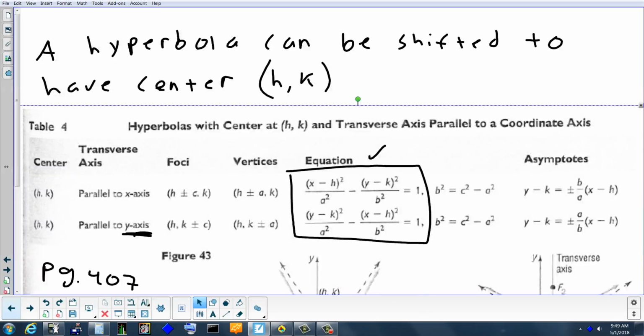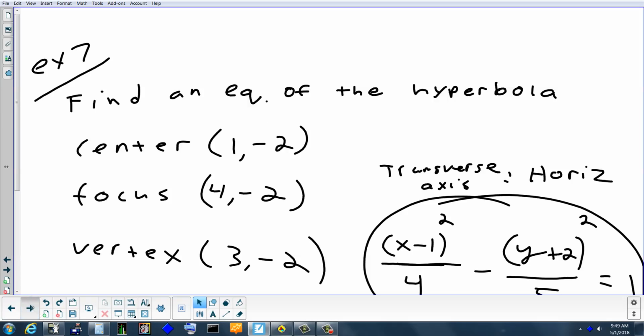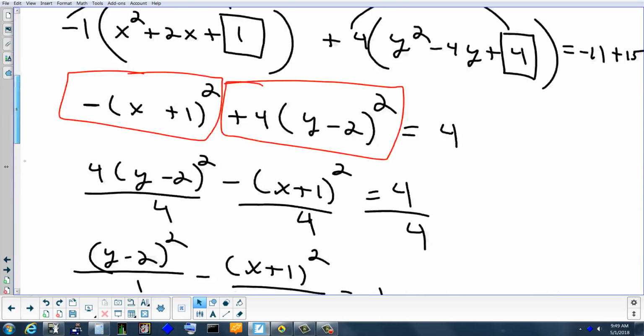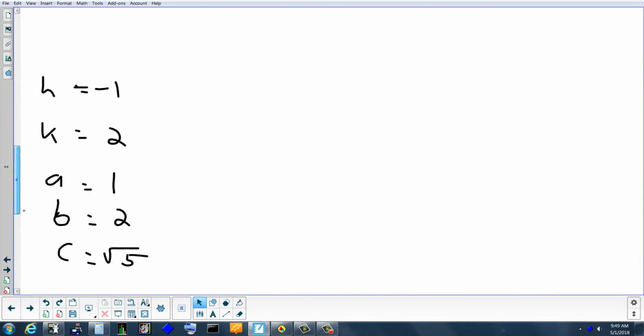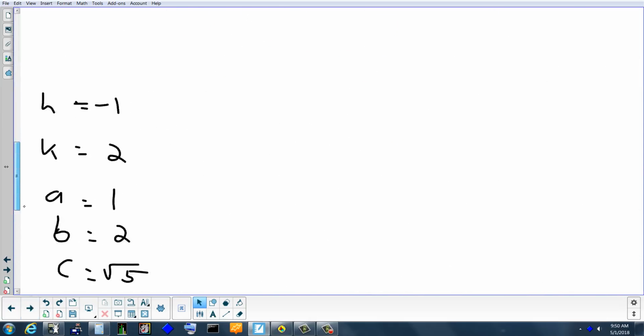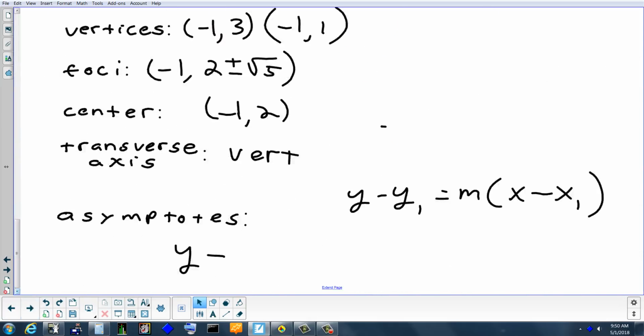actually no, for the asymptote, I'm sorry, we want to make sure that it goes right through the center. It doesn't go through the vertex. So we have to use h, k. So yeah, we got to use the coordinate for the center. All right, my center is negative 1, comma 2. So that's like your x1 and y1. So y minus 2 equals,